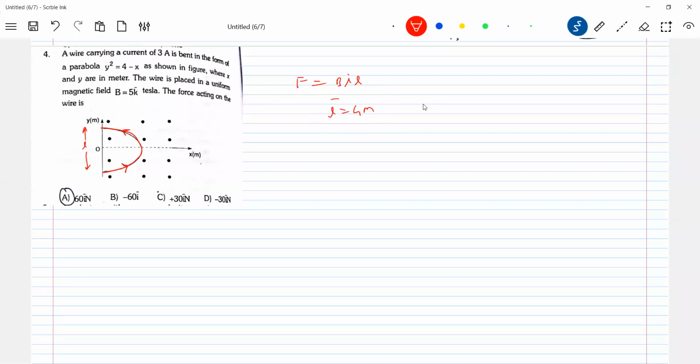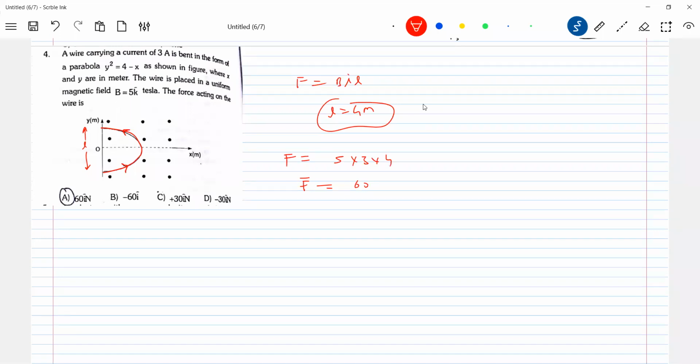Substitute now the current I and all this. Whatever the shape of the conductor, it doesn't matter. Effective length is what matters here. So you do get many different questions with the field here being one-dimensional. The field can be 3-dimensional, 2-dimensional. So in the formula, you calculate L bar and substitute. It's a very popular question. It can be asked in advance also. You have to be very alert. So effective length is 4, magnetic field 5, current is 3, so 60 Newton. What about the direction?